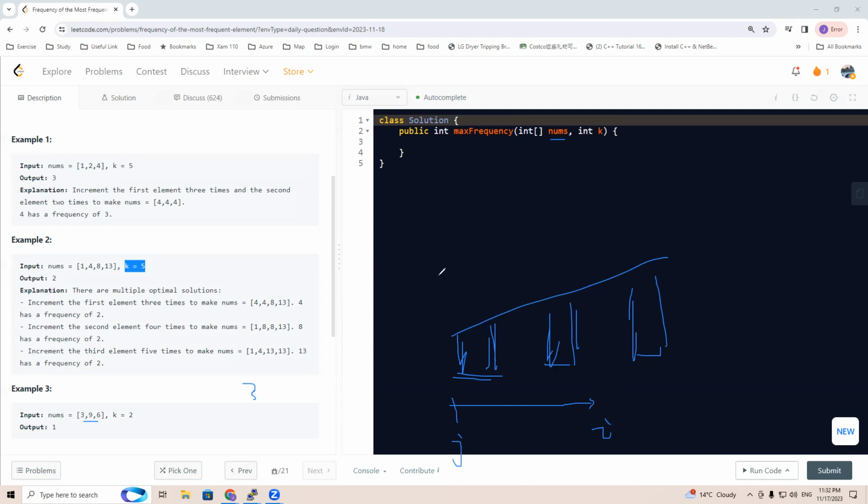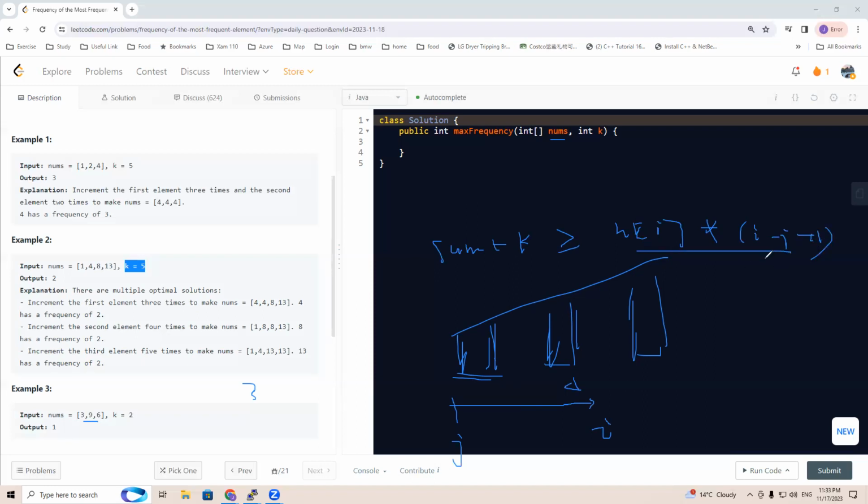In this window, the sum of all of the elements in the window from j to i, plus k, if it is greater than or equal to the biggest number, nums[i], multiplied by the length, i minus j plus 1,